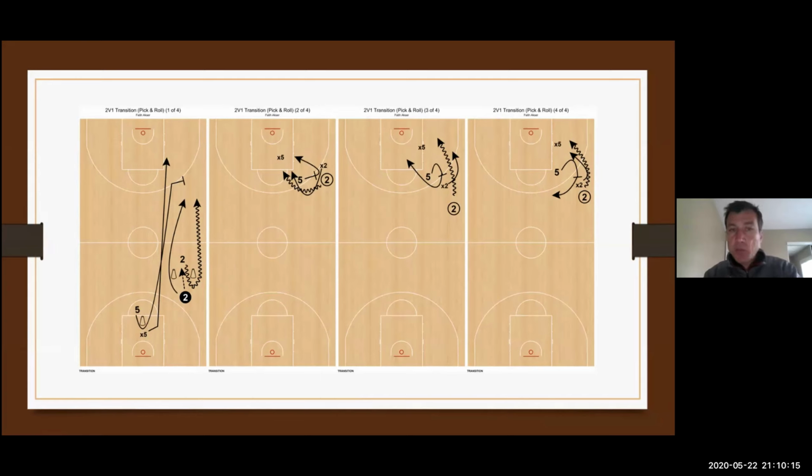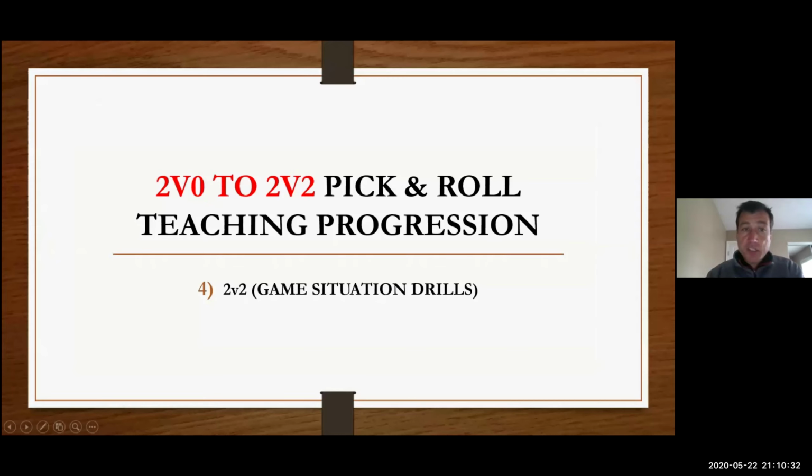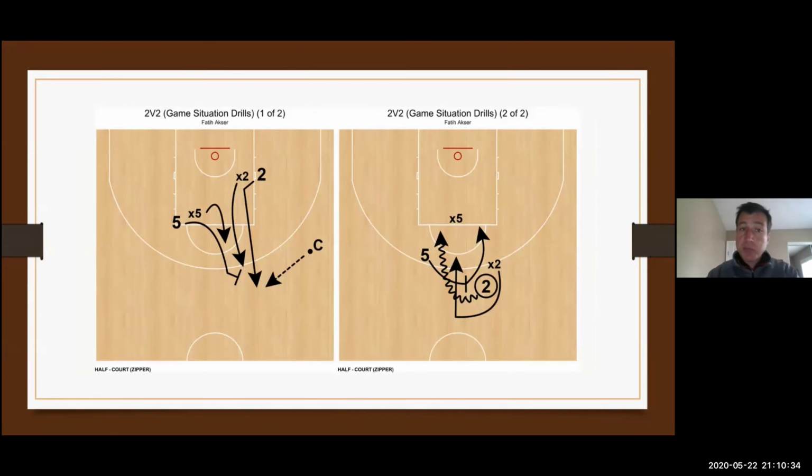Okay, we worked on this 2-on-0, 2-on-1 with the 2-on coach. Okay, now it's a 2-on-2 situation. Okay, let's go for it. And same things, instead of a side pick and roll, you can utilize a flat screen here. Okay, so the game situation drills. Now there is no advantage, but just purely playing games here. 2-on-2 scenarios. Just this one is a mid pick and roll coming out of a zipper again,